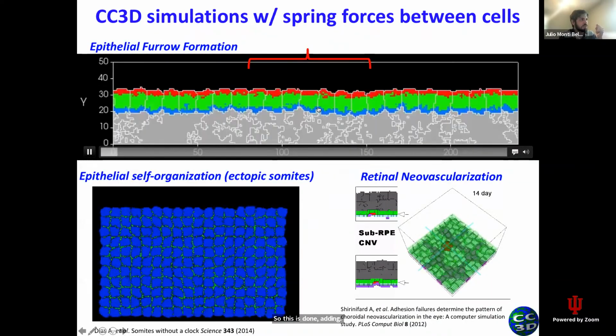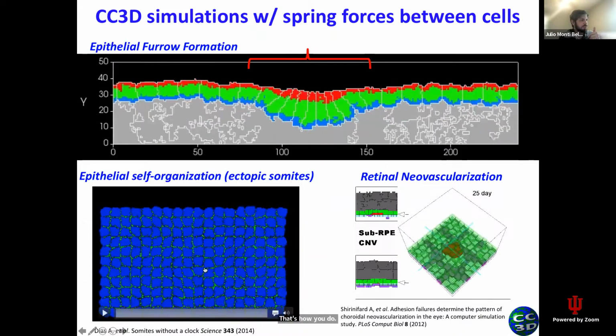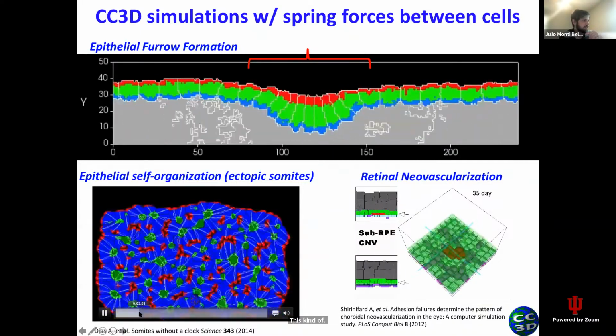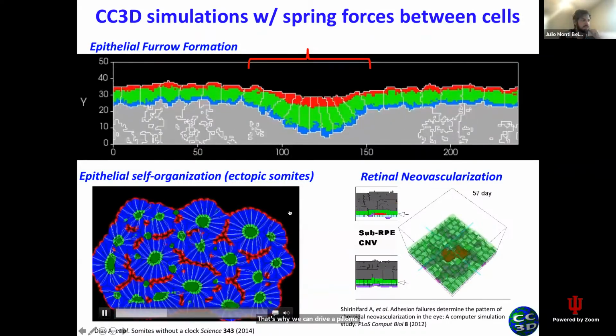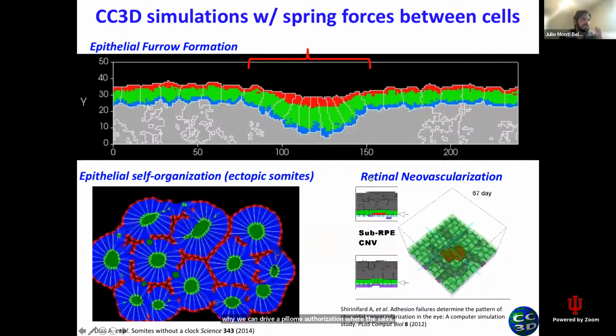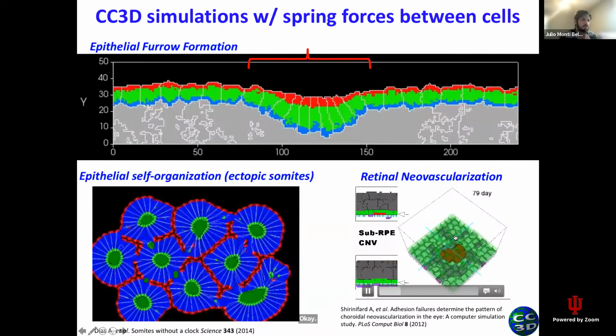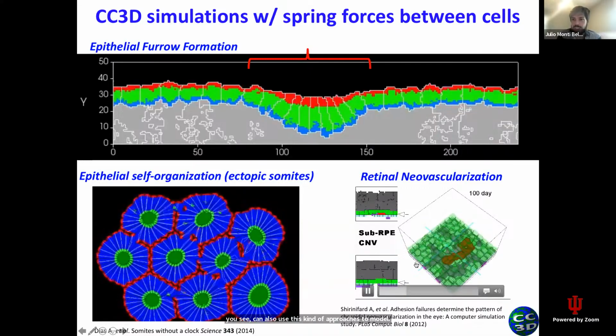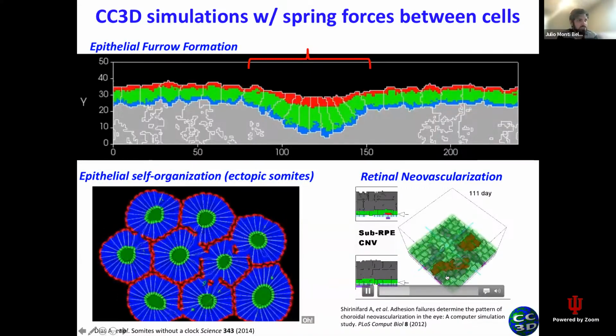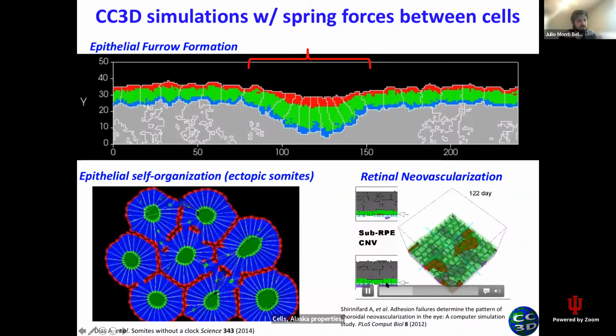That's how you do this kind of fold formation here. That's why we can drive epithelial mesenchymal transition where the cells rearrange to form rosettes, okay? And you can also use this kind of approach to model cells' elastic properties,